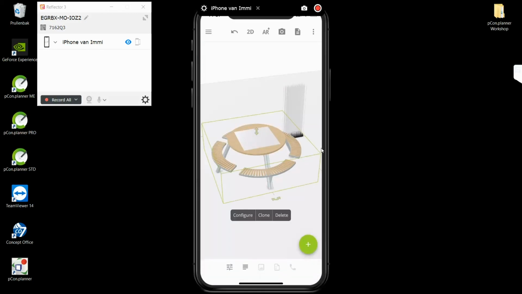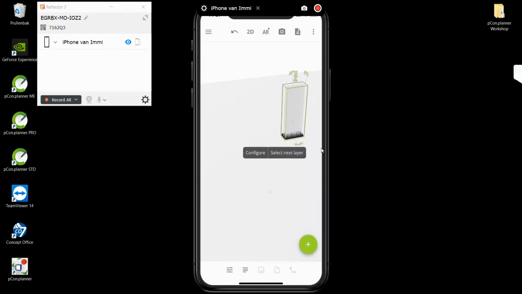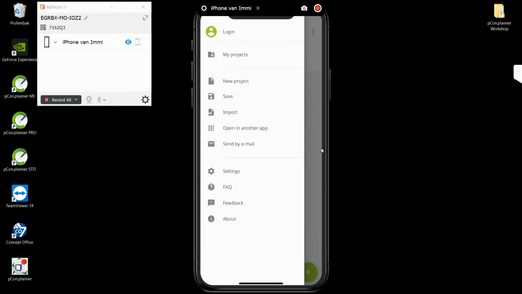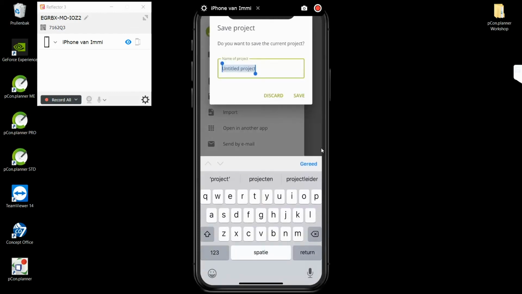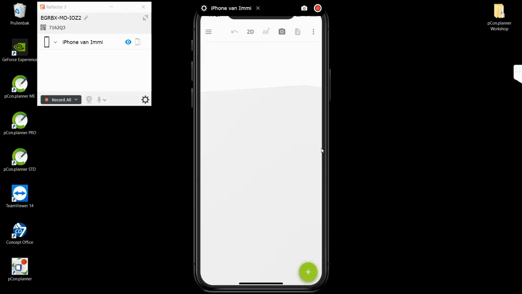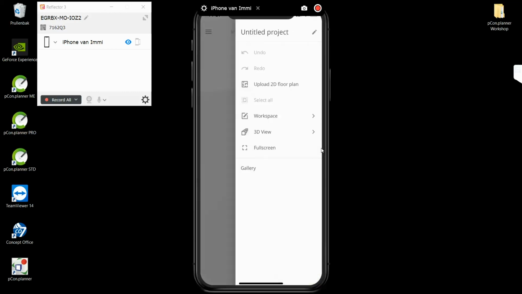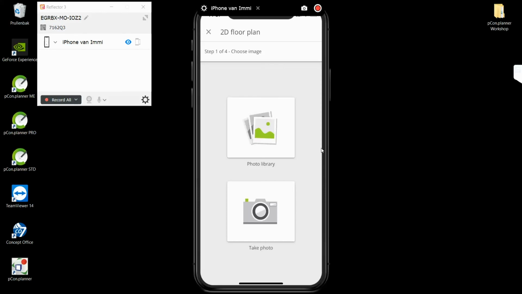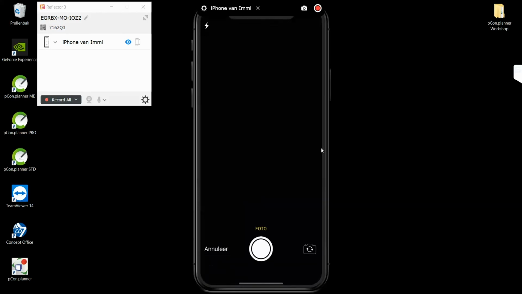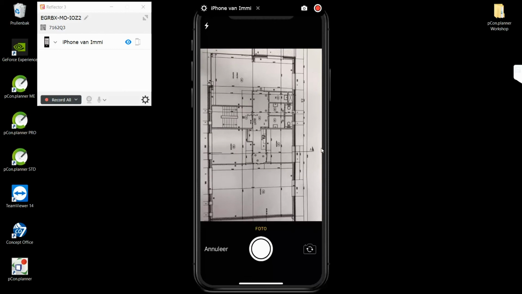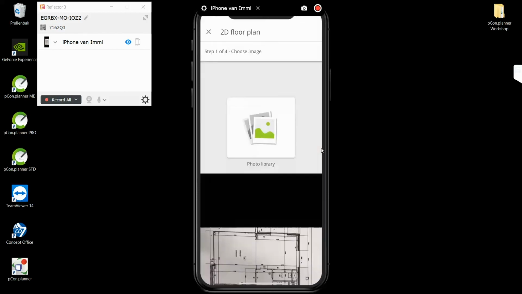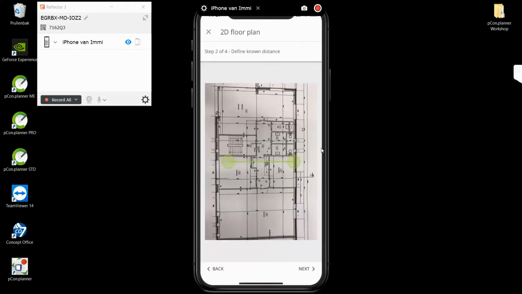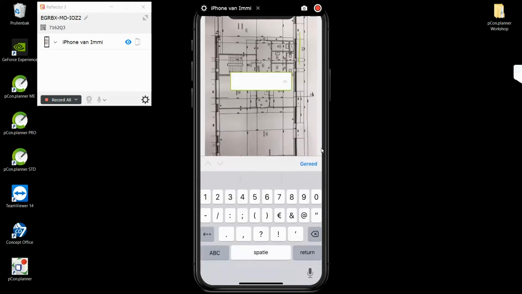What you also can do is, if you, for example, have a new project. If you have a customer who has a floor plan with them, you can choose to update the floor plan. So I now have a floor plan in front of me. I printed it out, and I can take a photo of it. I can use this, and then it asks me to select a dimension. So I can see that it's 260 over here, and then over there. I go to next, I put in 2.6,